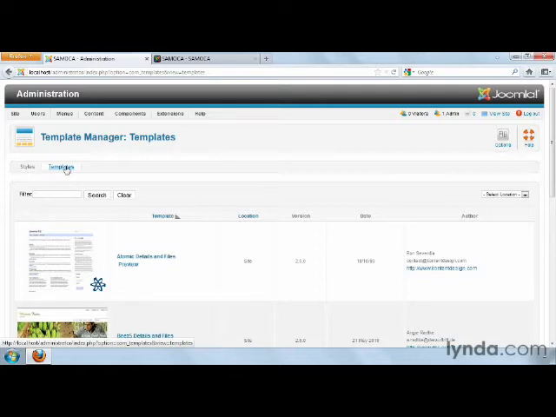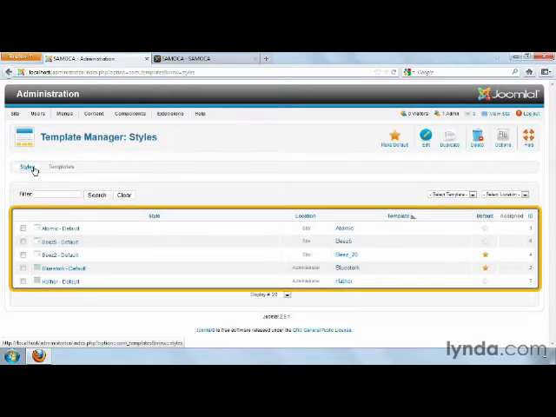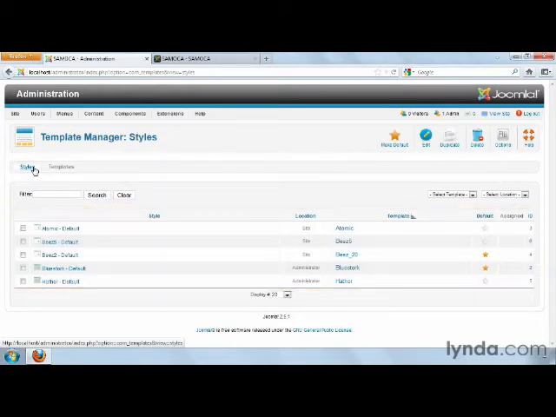Template masters are where you would go to edit your HTML and your CSS, whereas styles are the way that you assign the look of specific templates to the front end or the back end of the website. As you see here in our listing, there are 4 templates available to us for this website, and they're all listed on the same screen with these administrator templates.